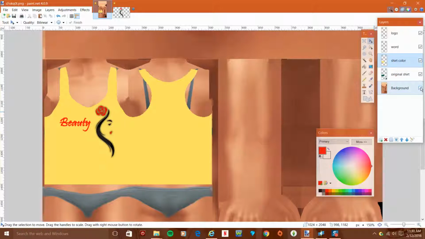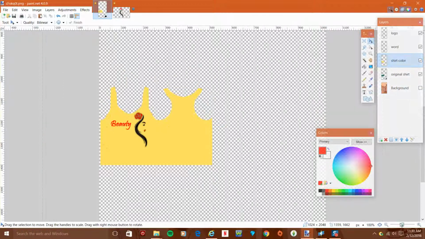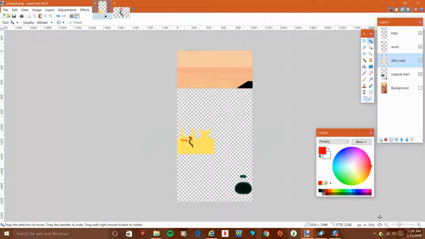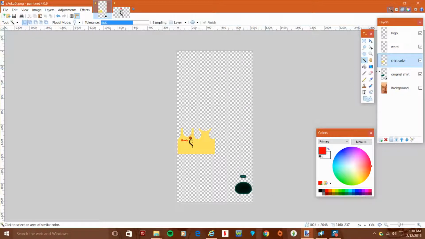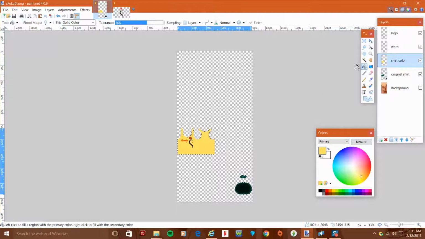So this is complete. So now I'm going to make my background invisible. Well, invisible, whichever you want to call it. And I'm going to get my magic wand, select original shirt. I'm going to select by clicking shift and then the color I want, which selects everything that color, which is green. I'm going to go to shirt color, my color picker, choose that yellow again, my paint bucket,